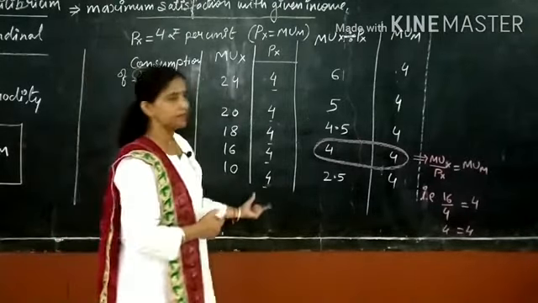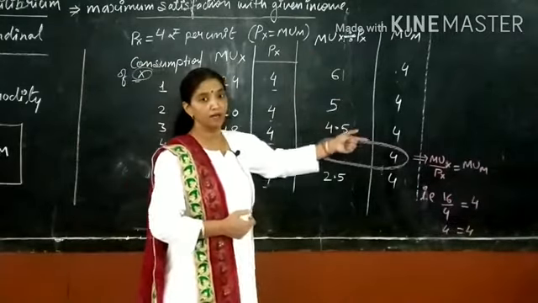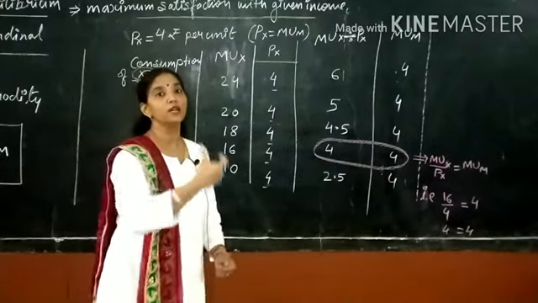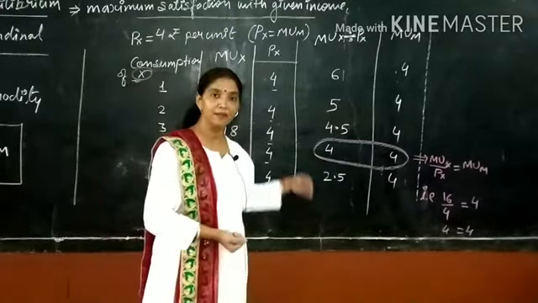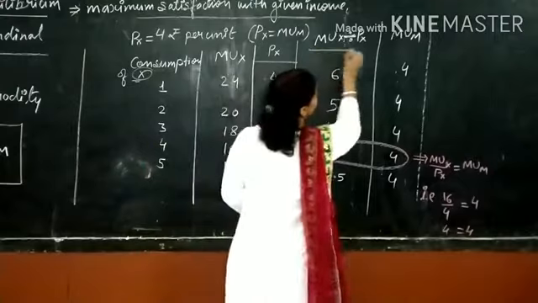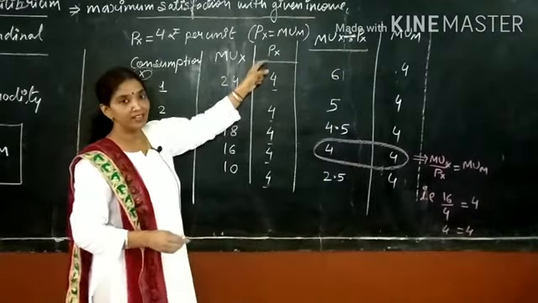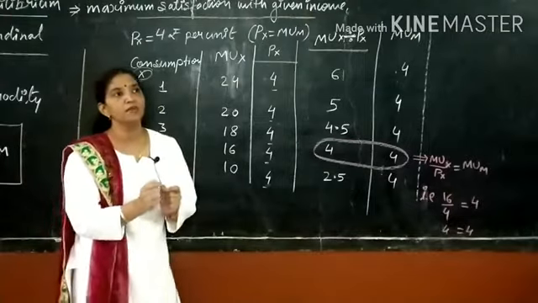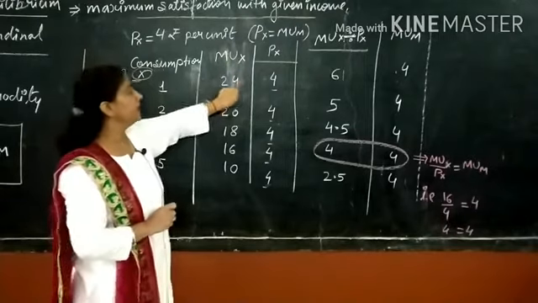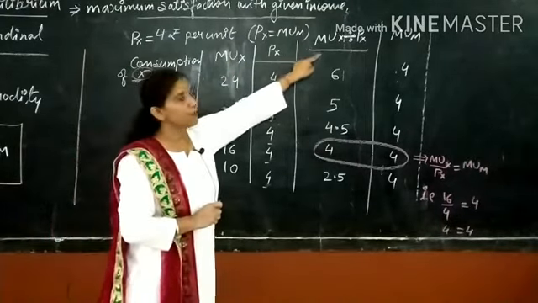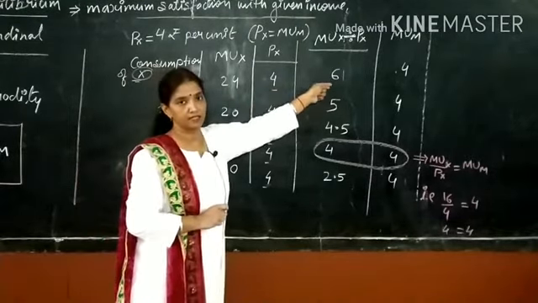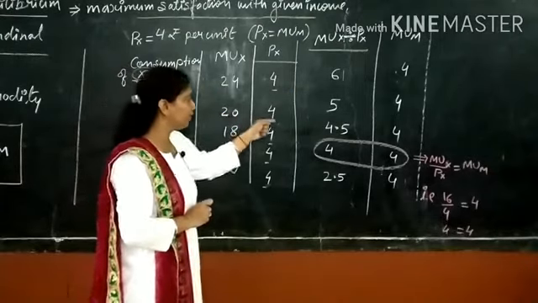So the price here is 4, and the other column which I made for the condition of consumer equilibrium, we require MUX upon PX. तो मैंने यहाँ टेबल में ही आपका ये पूरा रेशो शो कर दिया है, MUX upon PX. MUX upon PX हम कैसे फाइंड करेंगे? हर एक लेवल पर. When the consumer is consuming the first commodity, he is getting MUX 24 and the price is 4. Okay, so MUX upon PX will be 24 divided by 4, that is 6. Next is 20 divided by 4, it is 5.